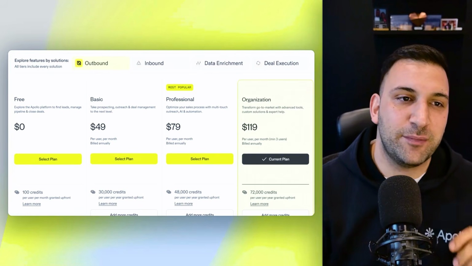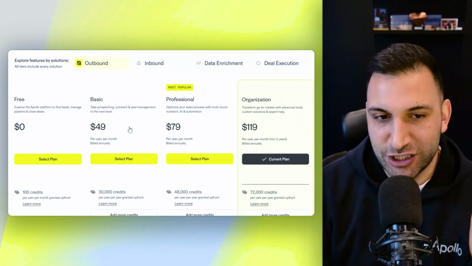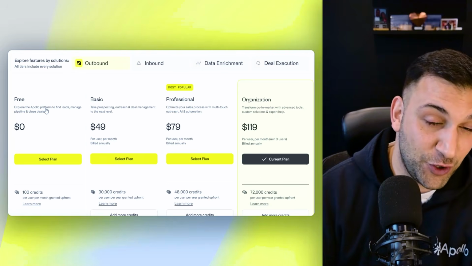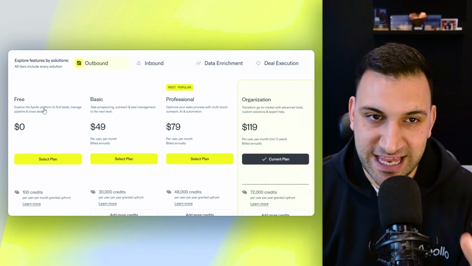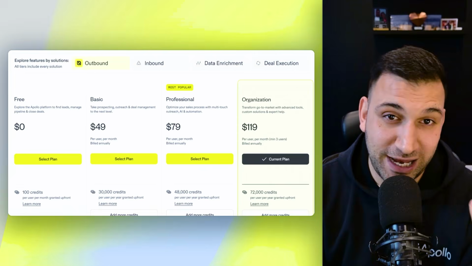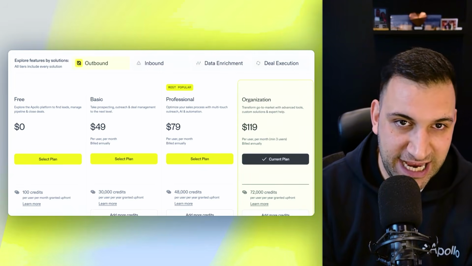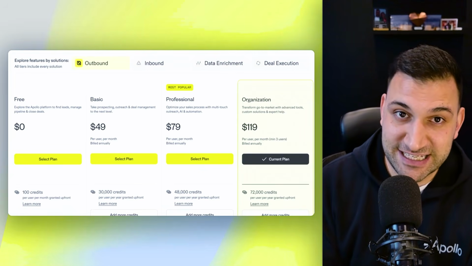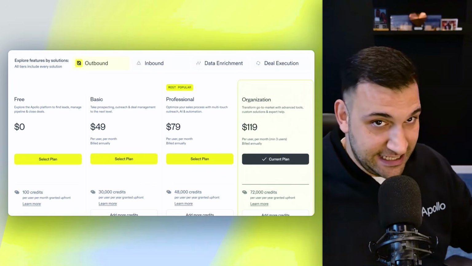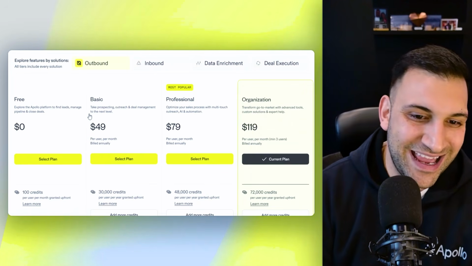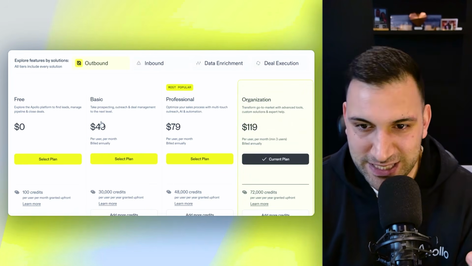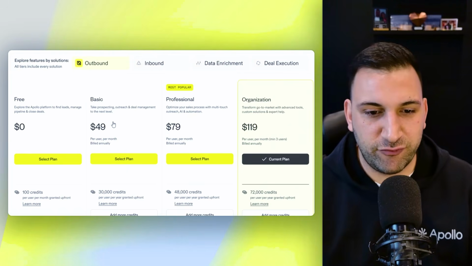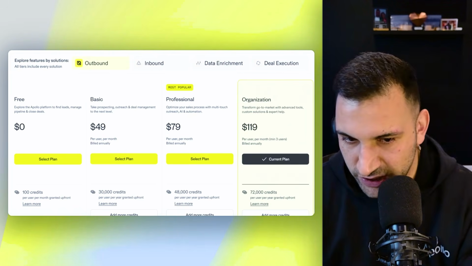But I always recommend before you commit to Apollo, just try the free version. It's phenomenal how unlocked they've made the platform on the free plan. So give it a go and see how you get on. Once you're convinced that it is the right platform for you, because let's be honest, it is the right platform for you, then just go ahead and upgrade to basic. And once you're on basic, if you need to upgrade even further, then you can do. But just look at that credit allowance.